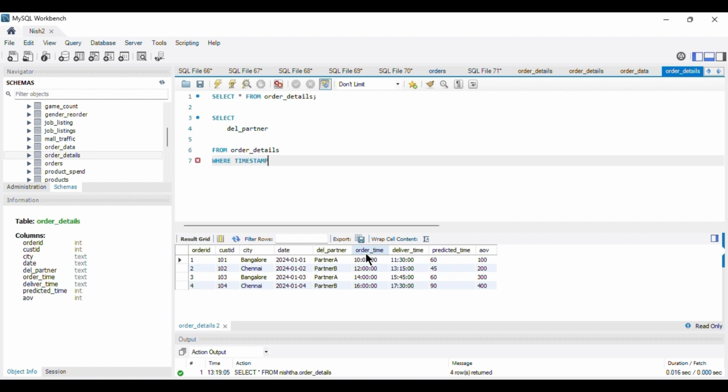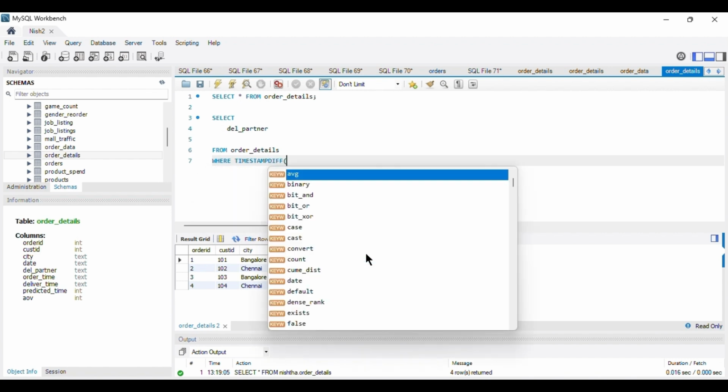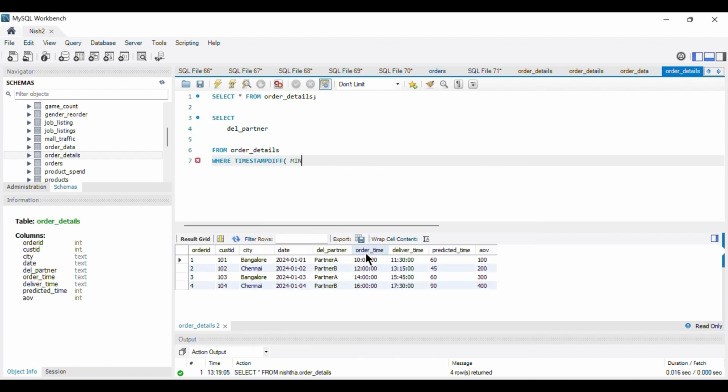So if I just do timestamp diff, and in the bracket I'm writing minute, which is my unit, and my expression 1 is order time, and my expression 2 is deliver time. Okay, now since it is in time format, we will have to convert it into date time format.